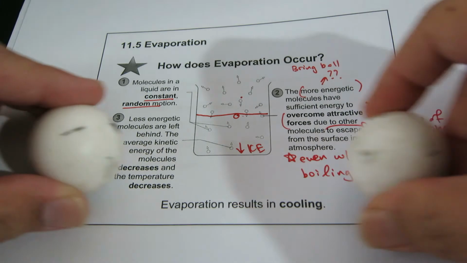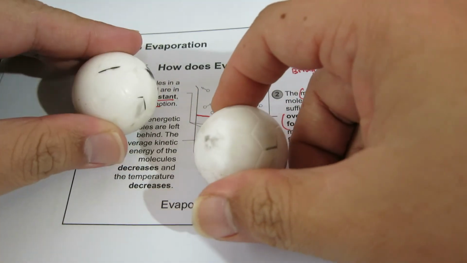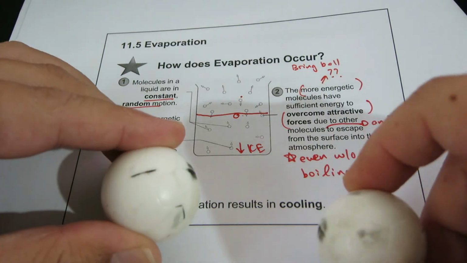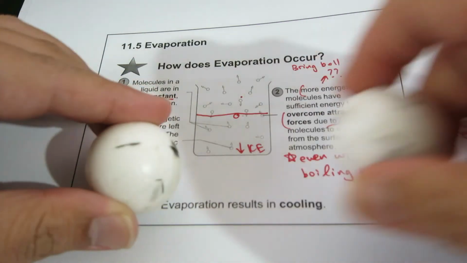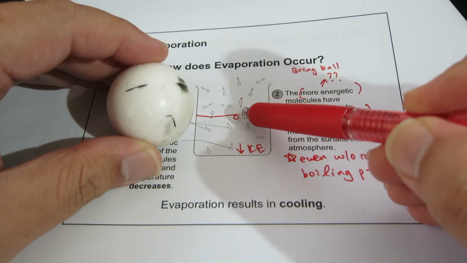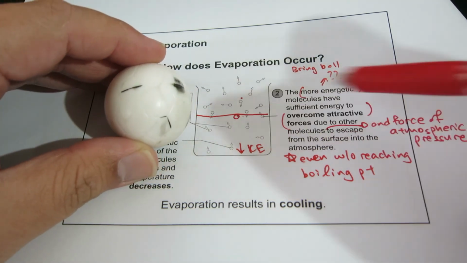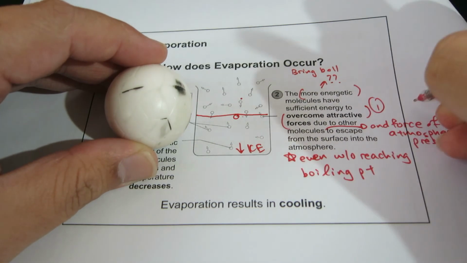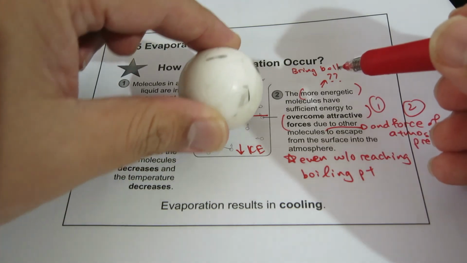Because any collision will result in one fella gaining energy or some losing energy, there's a chance that there will be a molecule which will continually gain energy from all these collisions. And if he gains enough energy and he happens to be at the surface, and he has enough energy to overcome these two forces, intermolecular forces and the force of atmospheric pressure, then he will be able to escape